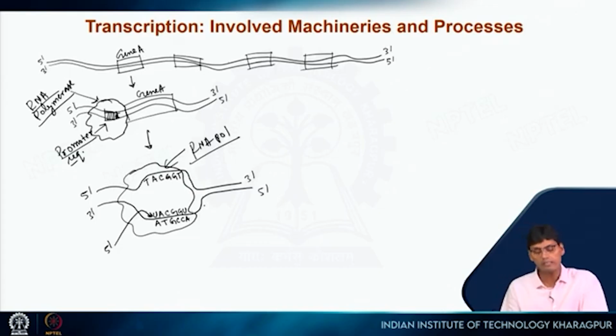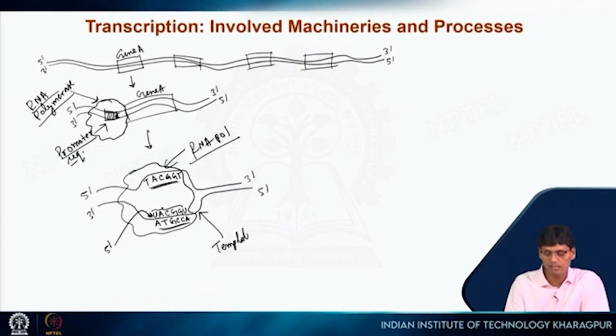So now if we see the sequence of this RNA which is being synthesized, this sequence of this RNA is exactly similar to this sequence, right? And complementary to this sequence, because in this case, this strand of DNA is acting as the template strand. So that's why we are getting the complementary sequence here, and which is similar to this strand, and that's why we say this is the template strand and this one